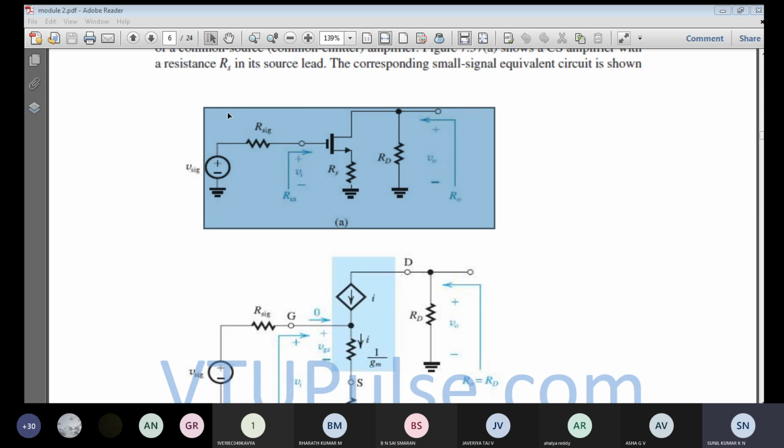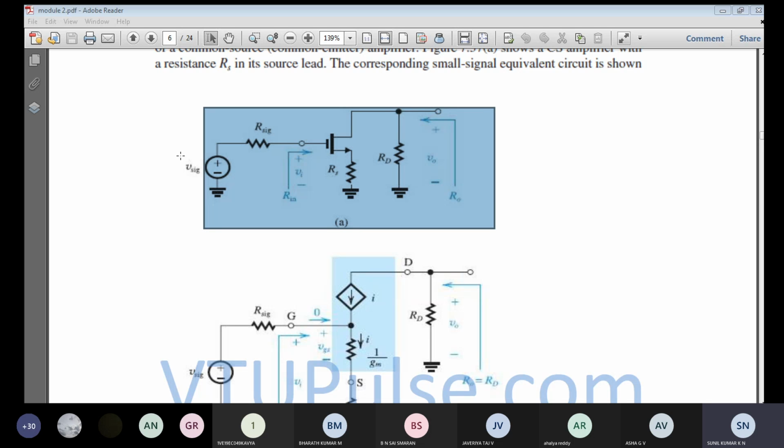And between the drain and source, you are going to have a constant current that is flowing, which is the current that will be controlled from the gate to source, that is a voltage controlled current source. So that is the current that is flowing: Gm times Vgs. So this is the voltage controlled current source, and between the gate and source there is no resistance